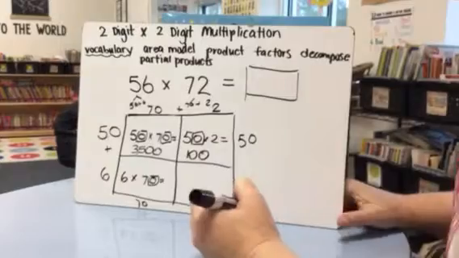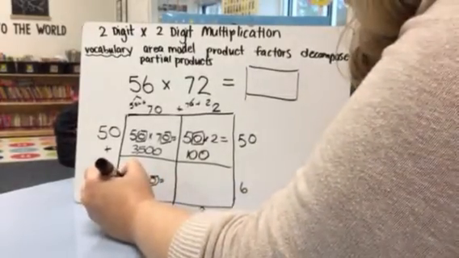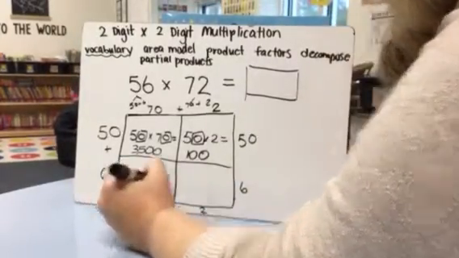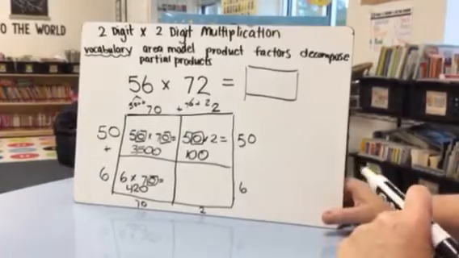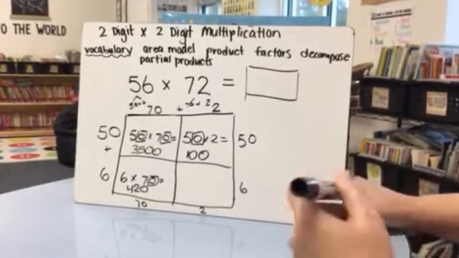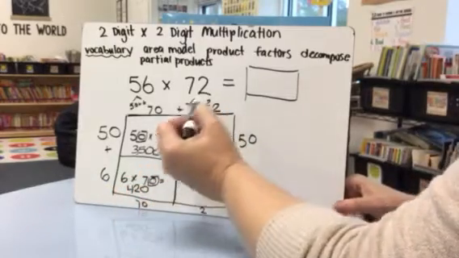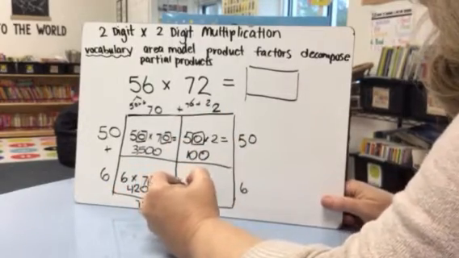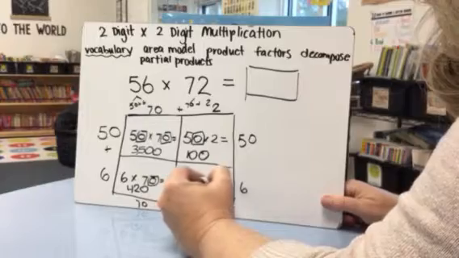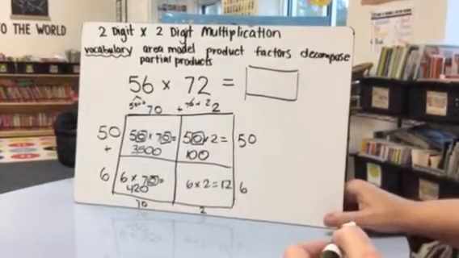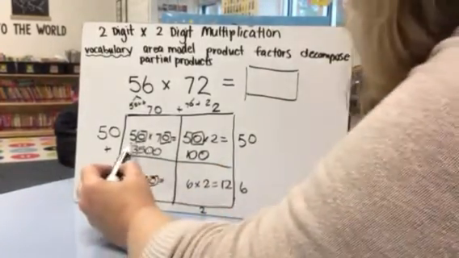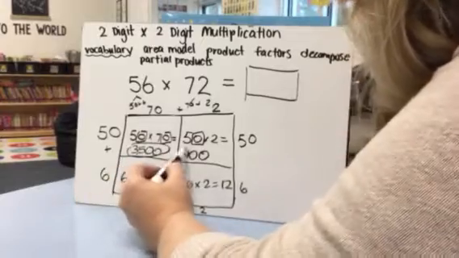Focus on 6 times 7. 6 times 7 is 42. Add my 0 back on. 6 times 70 then is 420. Here I have 6 times 2. An easy fact for us, hopefully, 12. So now I have 1, 2,